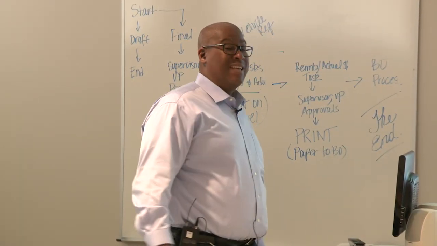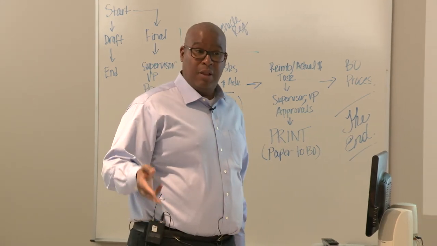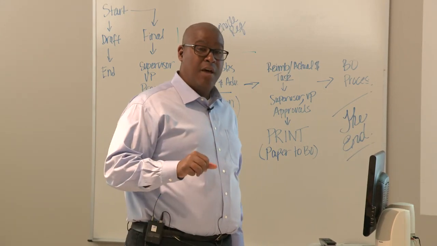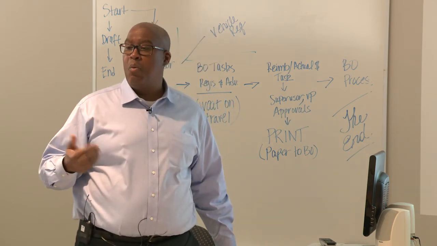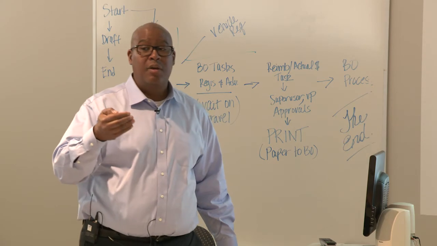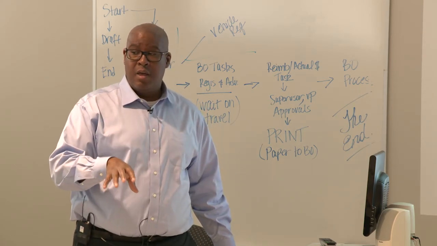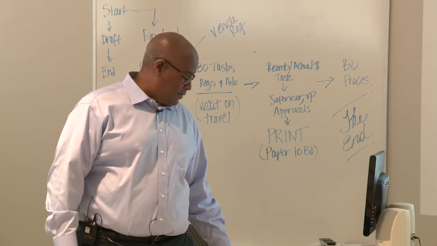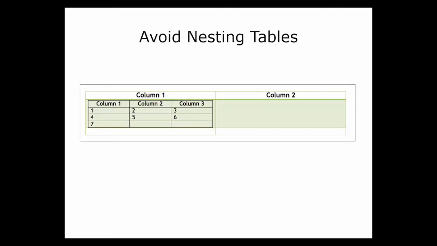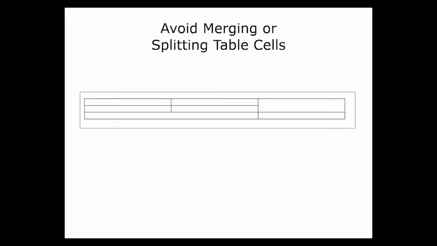Most of the discussions I have with people really are about usability and pedagogy. Accessibility is part of that, but really we don't frequently think about why we're teaching this concept. Is this the best way to convey what I'm trying to convey? That's something we spend very little time actually thinking about, which is kind of a tragedy, I think. So we don't want to nest any tables, and we want to avoid merging or splitting.